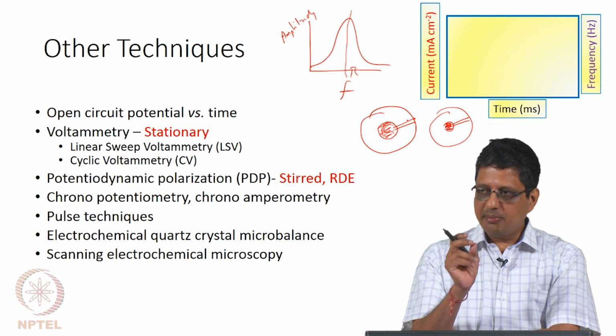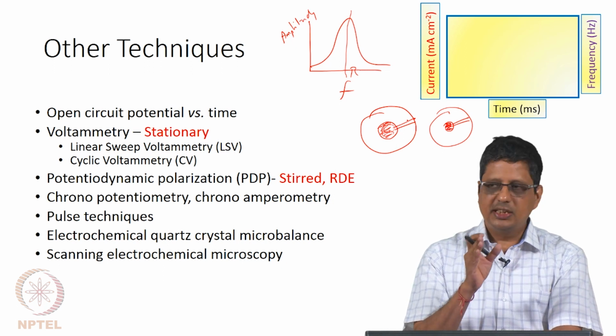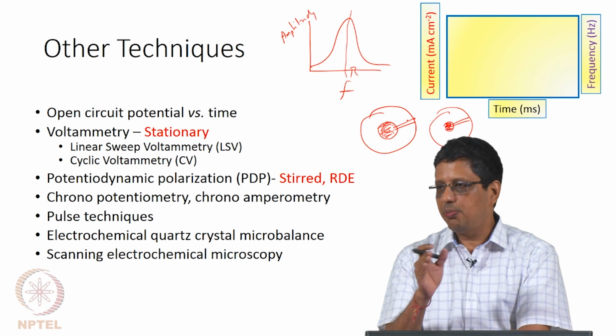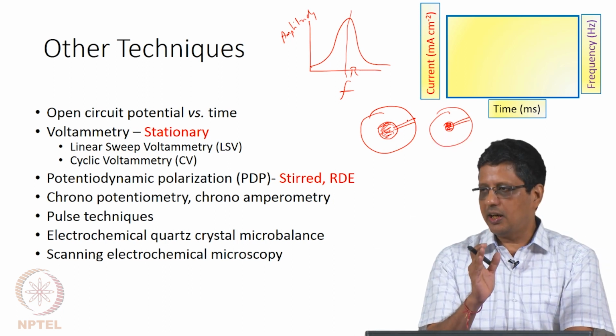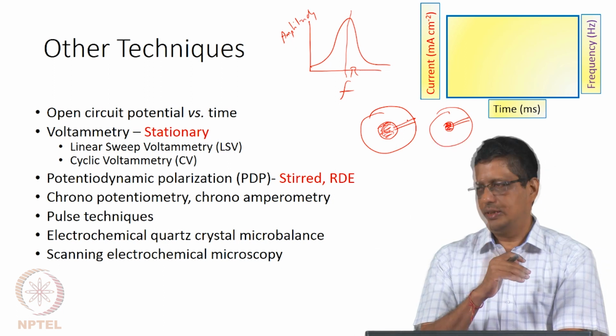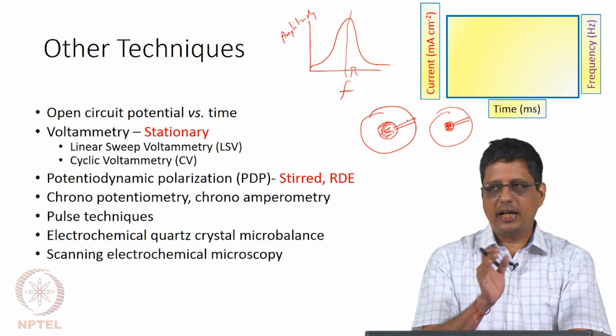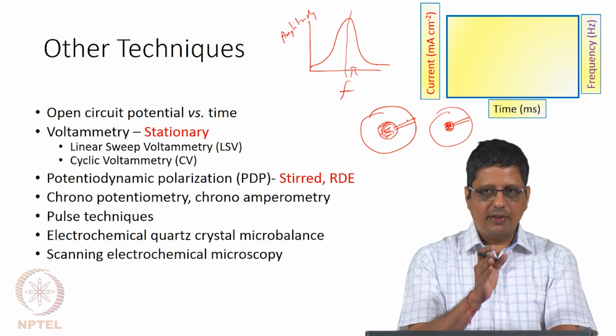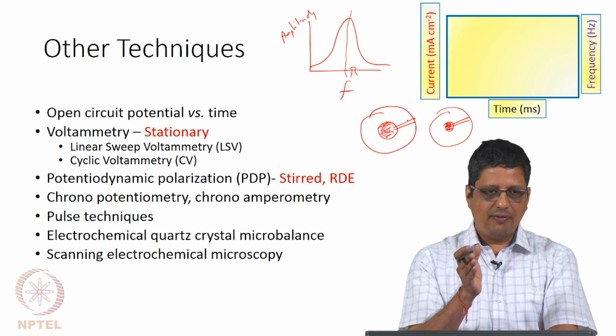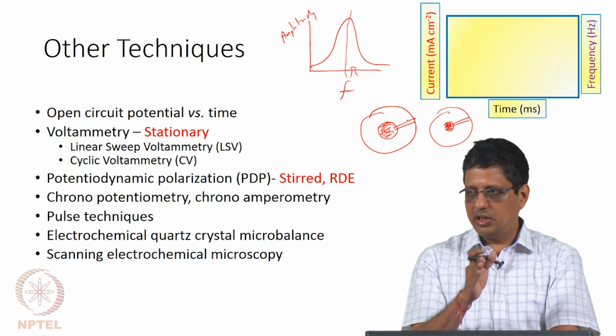That means I can measure it every 100 millisecond. That means every second I can get 10 points, 100 points. At least every second I can get data which tells this is the mass on this. So, if I deposit a material on an electrode, let us say I am depositing zinc on iron, it is used for galvanizing steel. At a given potential, hydrogen will also evolve on this electrode, zinc will also deposit.